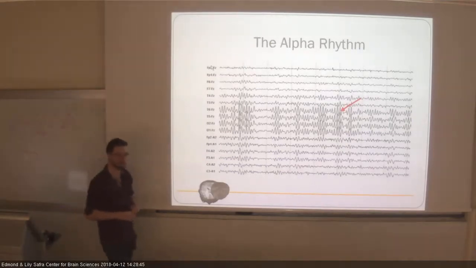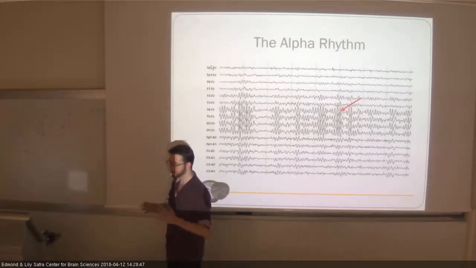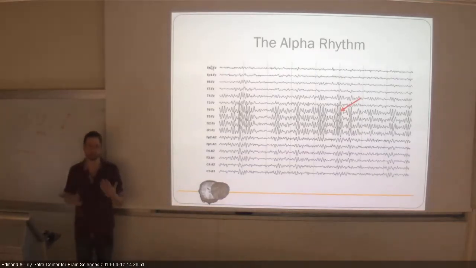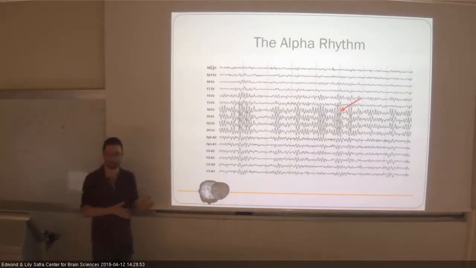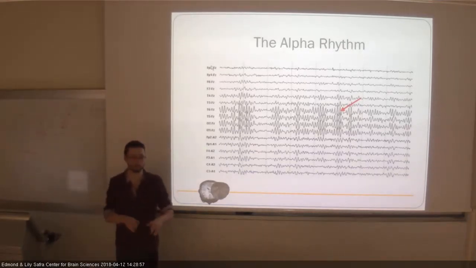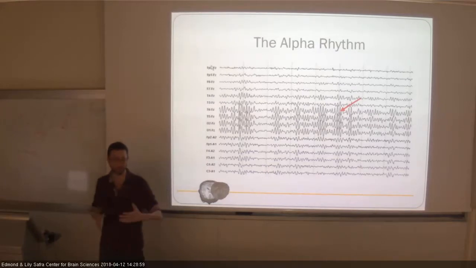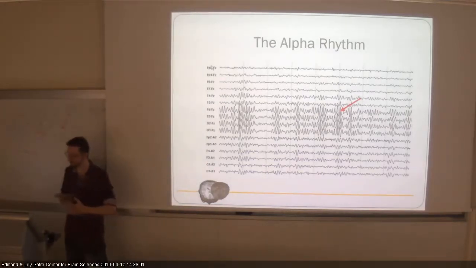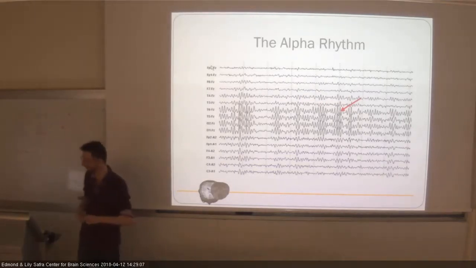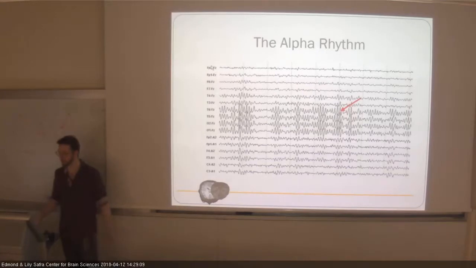The alpha rhythm is like how you can see the Chinese wall from space. It's the one neural phenomenon that you can see with the naked eye when looking at an EEG recording. When your subject is in the experiment room and you're just looking at whatever comes out, you can actually see the alpha rhythm. Everything else that you can see with your eyes is just noise, muscle noise and stuff like that. But this is the neural phenomenon that you can see, and this is an example of what it looks like. This is a 10 hertz oscillation,